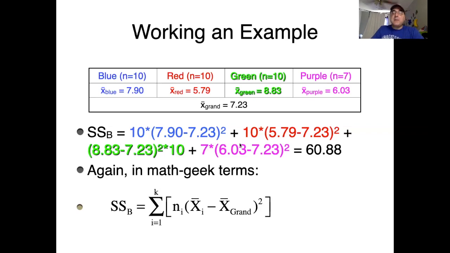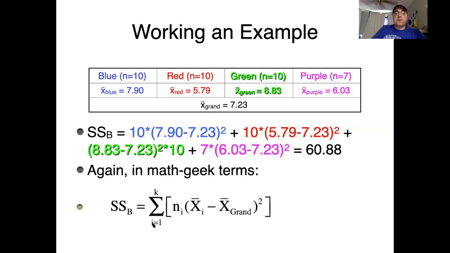the purple group. Please make sure to get your order of operations correct here. You want to subtract the 2 values, square them, then multiply by how many people were in the group. You're going to get weird, wacky, humongous numbers if you take the difference, multiply it by n, and then square it. So make sure you get your order of operations right. Okay? In this example, though, if you did all that correctly, you would get a sum of squares term in the numerator of 60.88. In terms the math geeks might enjoy,